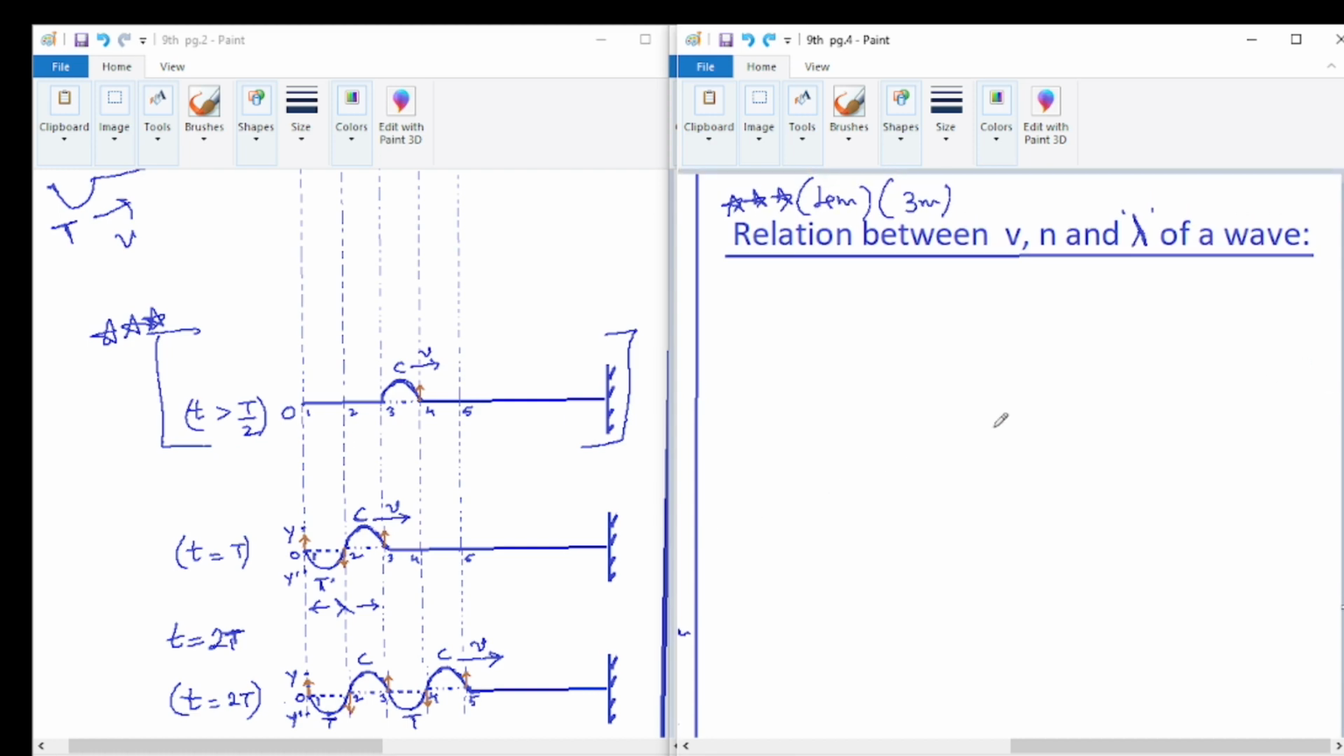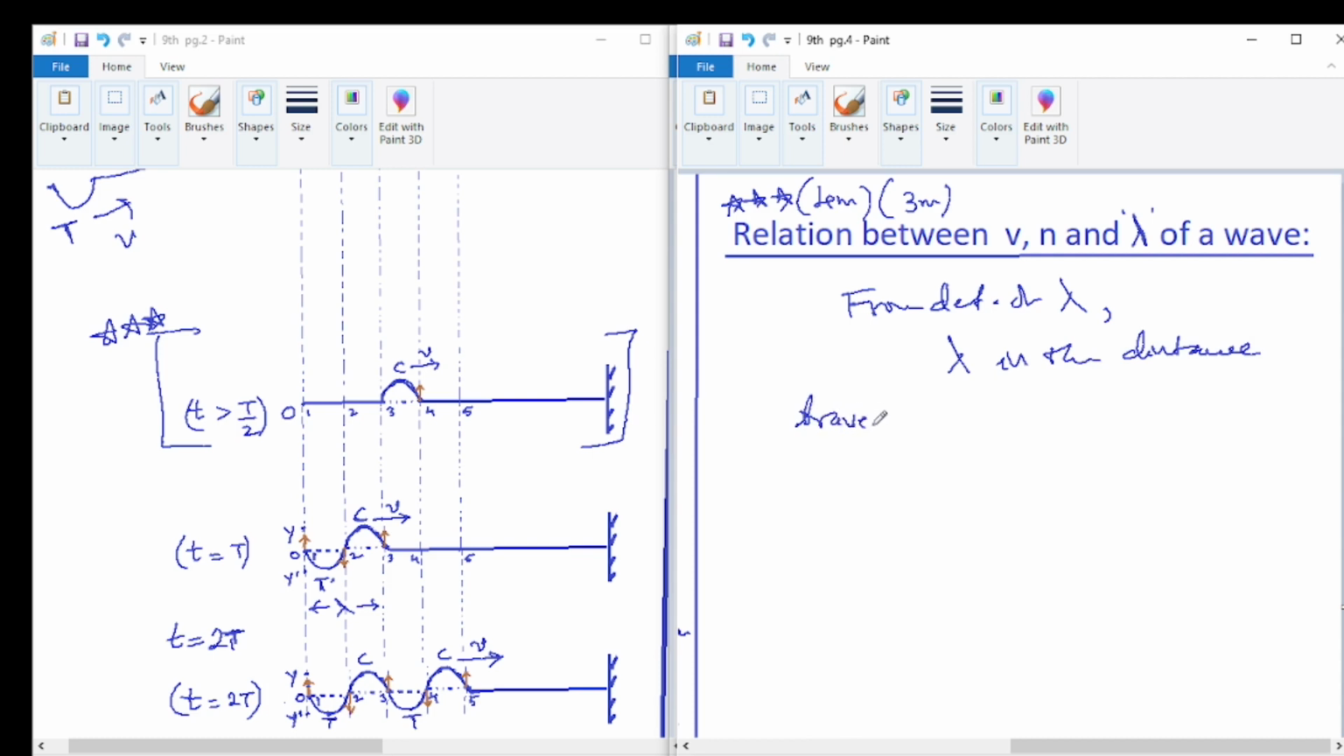Now what is the definition of wavelength? Now directly apply the definition of wavelength. How is wavelength defined? It is the distance traveled by a wave in one time period. So in one time period, how much distance has the disturbance or wave traveled in the medium, in the string? Exactly equal to wavelength. So from the definition of wavelength, lambda is the distance